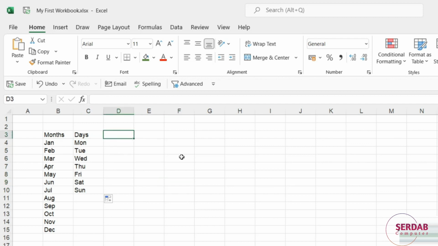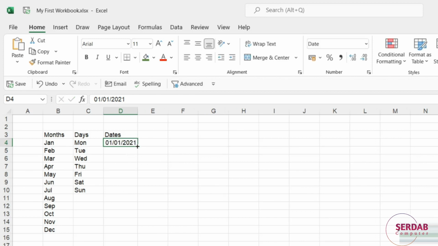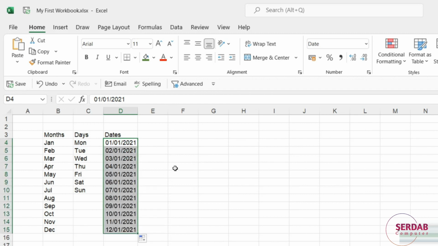We could also do this with things like dates. So if you need to type in lots of dates, let's just say the 1st of the 1st, 2021, I'm going to do Control Enter to stay in the cell. And if I drag down, you can see it goes up by different days. And just a quick point to note here for all of our American viewers, I'm actually using the British format for my dates. We do switch around the day and the month, so if that's confusing you a little bit,